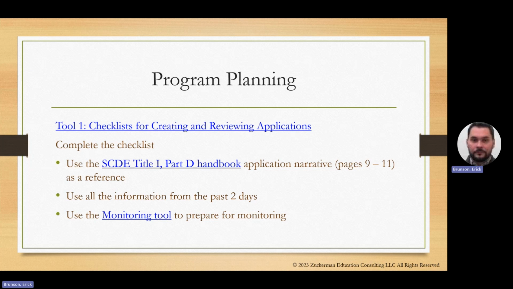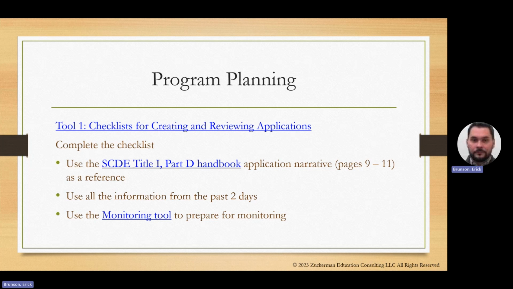The other piece of this, which I did not explicitly say, but comes out of this morning in your application, is also your budget. The application narrative asks for more of a description of the budget, but this morning we did the activity with the budget and evaluating your budget items. So you could certainly also add this in, and your budget is certainly going to be a part of your monitoring as well as your personnel, time and effort documentation, and all sorts of fun components like that.